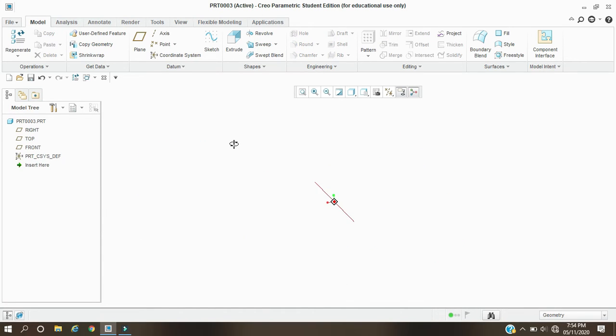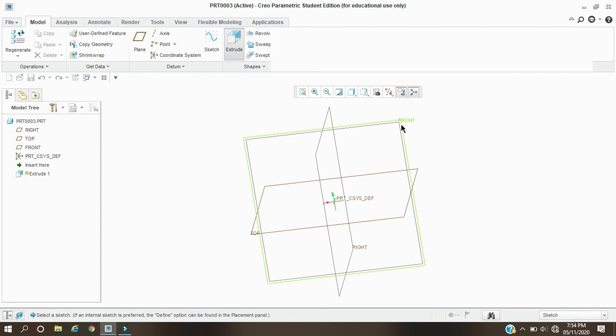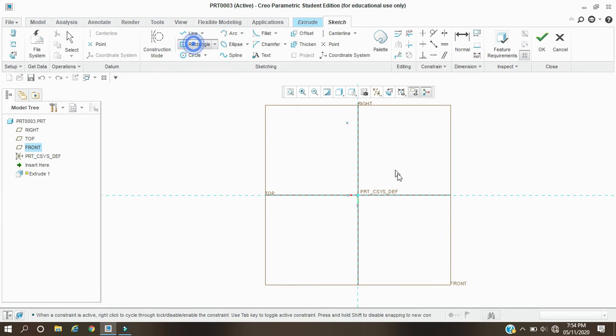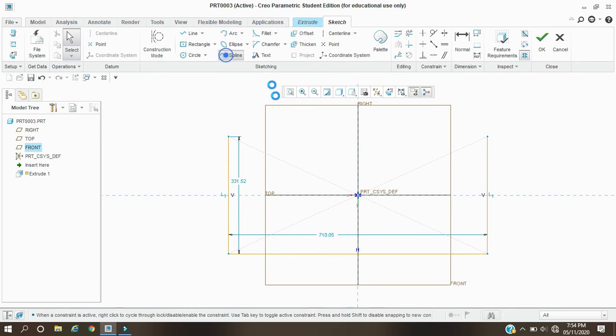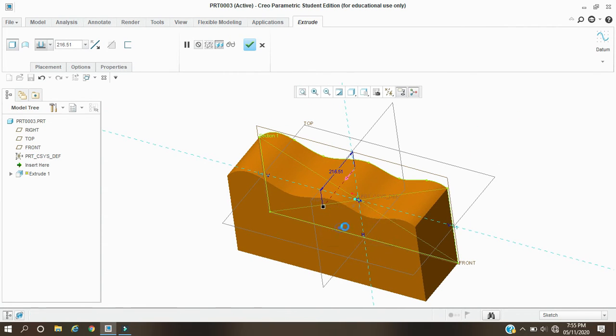Now we're going to see the trajectory as a projected curve or an offset curve. For that, first we need to draw one object. For example, suppose this is the upper surface of the object, like this. Then I'm going to extrude along the symmetry.